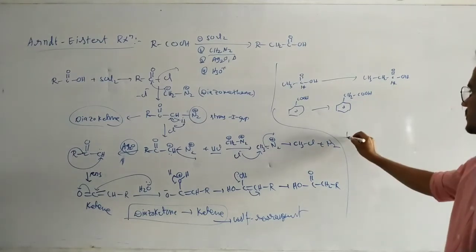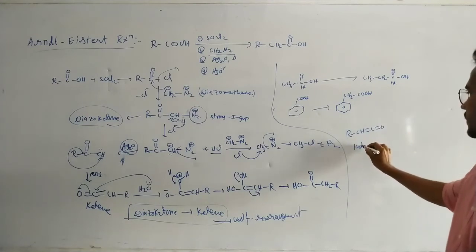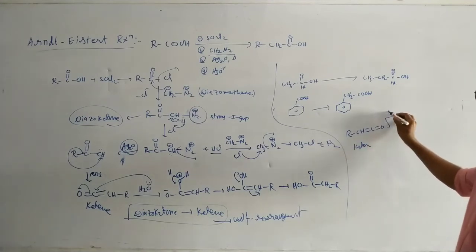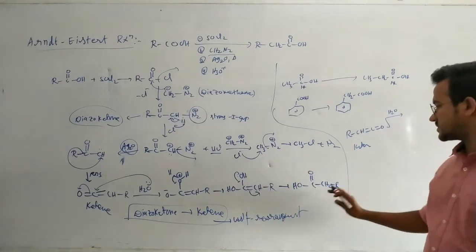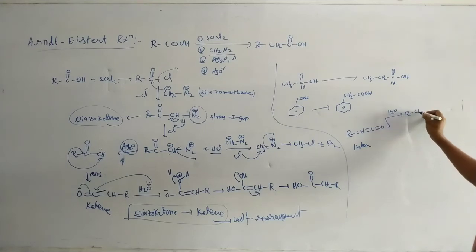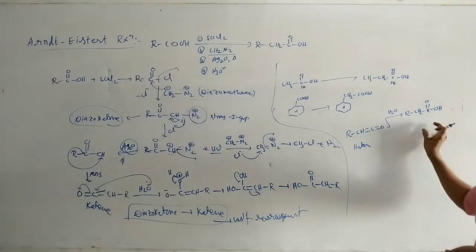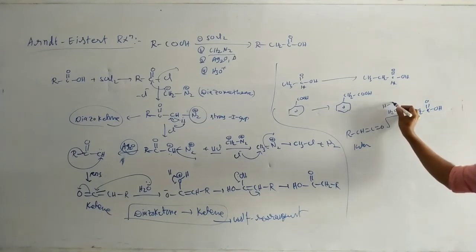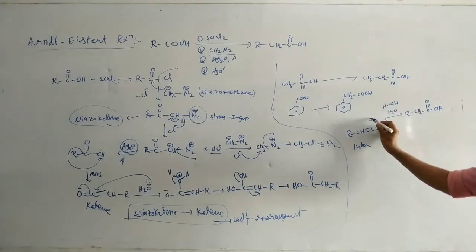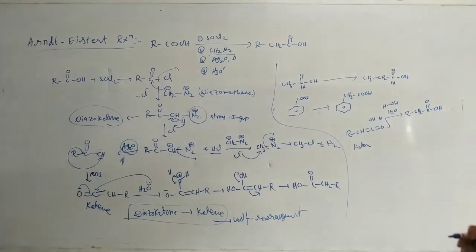Now the main intermediate product is ketene. Ketene on hydrolysis with water is converted to carboxylic acid, CH2C double bond OH. Ketene treated with water gives the carboxylic acid. That means H and OH are added: OH is added here, and the hydrogen goes onto the oxygen.